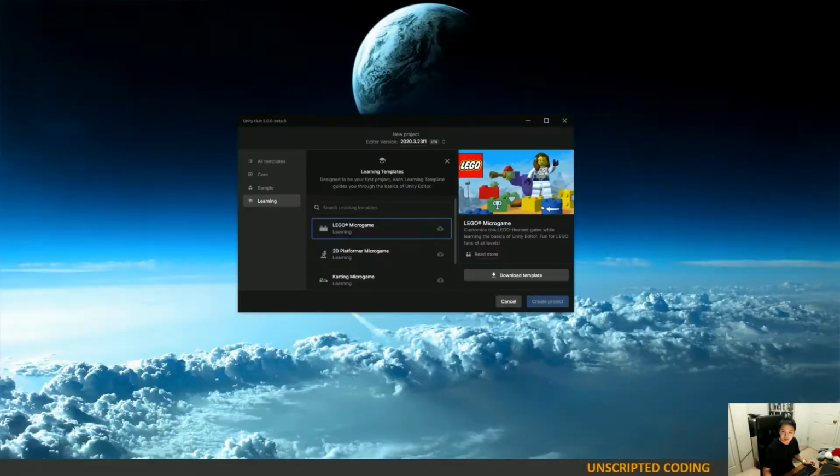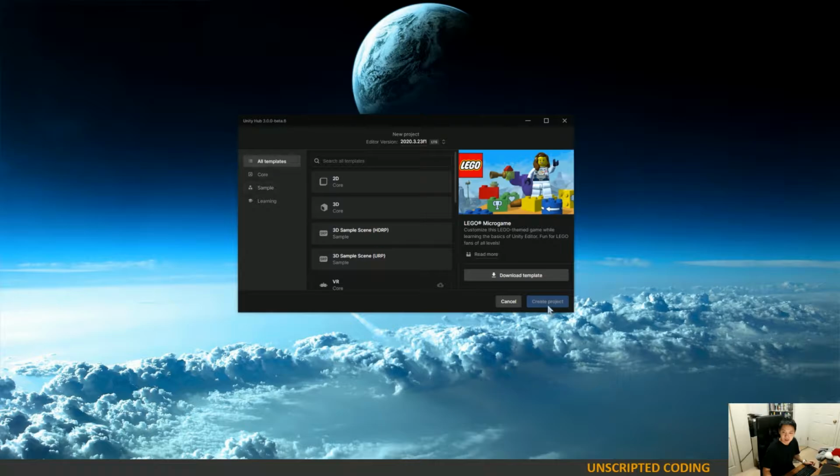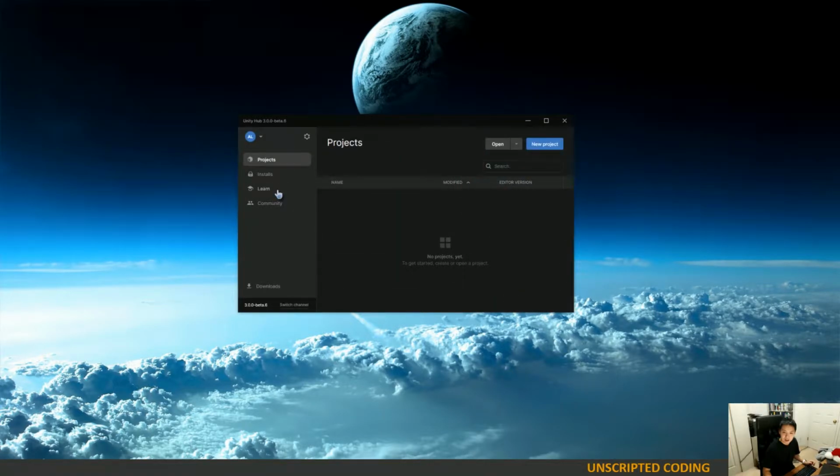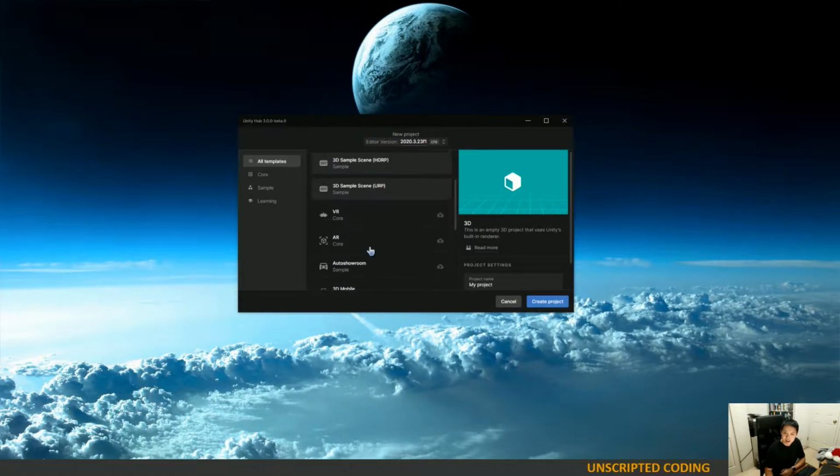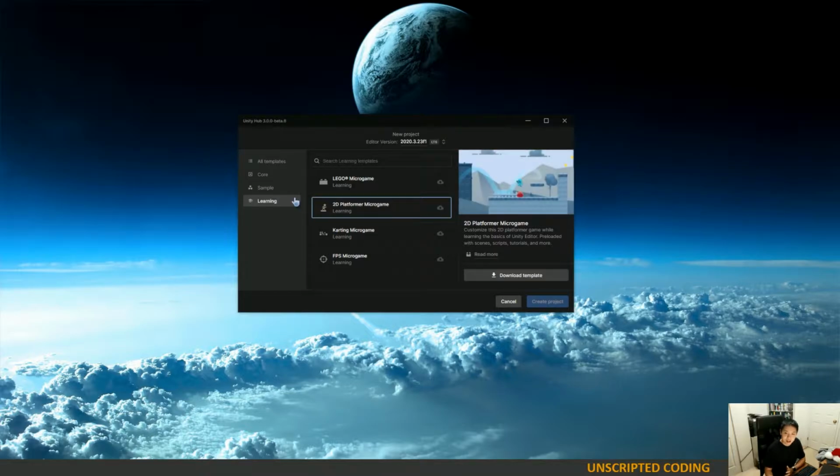First things first, you do need to install Unity. I think this is new. The last time I had Unity installed, they didn't have this hub thing. But what I did was download Unity Hub. It's like 150 megabytes. You install it. It becomes about 4 or 5 gigs in total. And from there, you can start creating a project. If I say new project, they kind of have a couple different options or samples that you could get started. But